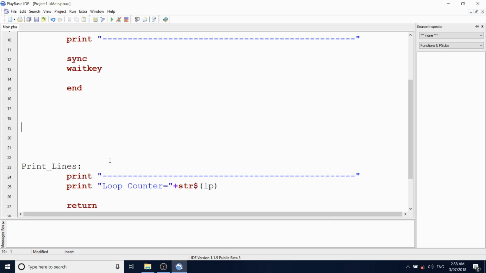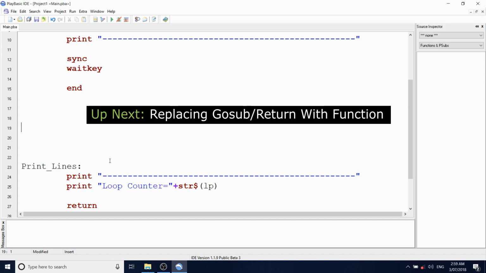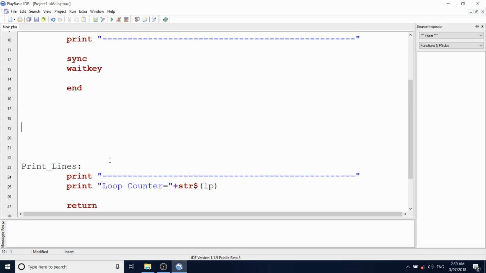A function is kind of a compartmentalized piece of code. It has a name. We pass it some parameters if you want to pass it parameters, and it can return data back from it if you want it to. To make a similar function to the print lines, we would type the word function. Oh, if I can spell it. We'll call this one print lines